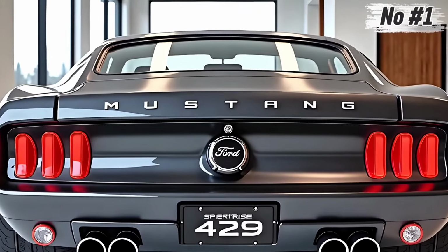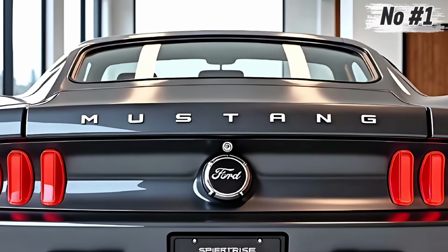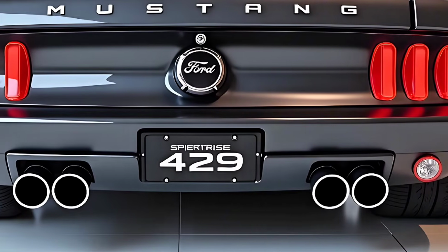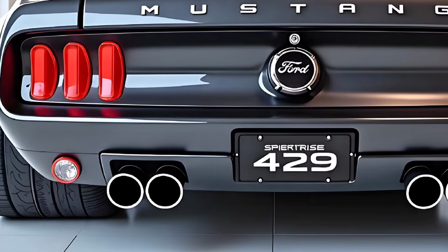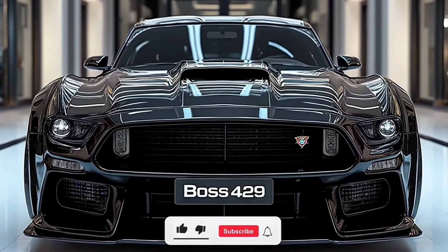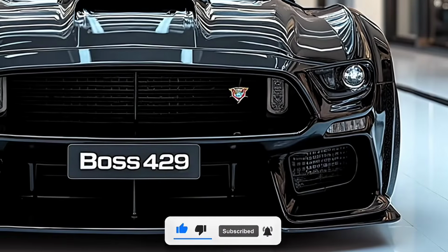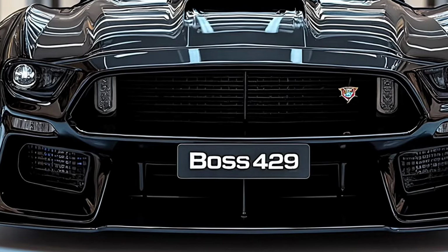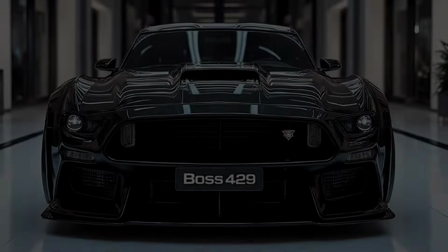Today, we are diving deep into one of the most legendary muscle car revivals of all time, the 2026 Ford Mustang Boss 429. This nameplate holds a sacred place in automotive history, and Ford has brought it back in a way that pays tribute to its roots while pushing the boundaries of what a modern muscle car can achieve. The Boss 429 was once a pure homologation beast, born for NASCAR glory in the late 60s and early 70s, and now in 2026 it returns as a performance icon, reimagined with cutting-edge technology, brutal power, and the unmistakable Mustang